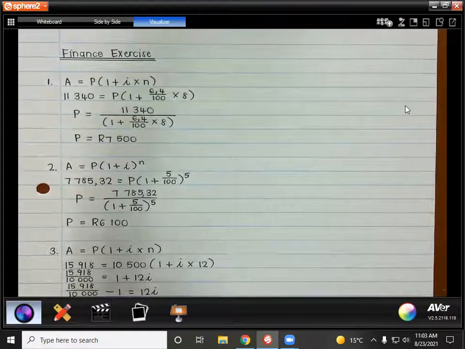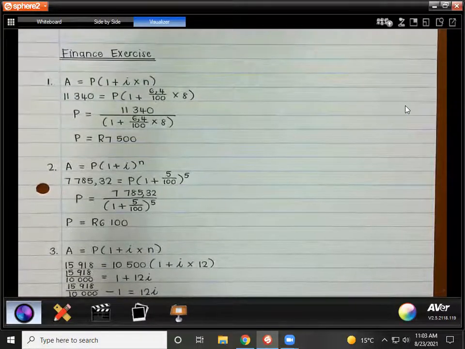So far we've worked with the simple interest and compound interest formula, and we found A every time, the final amount. So they'll say how much money is in the account after 10 years, or how much money do they need to pay back after 10 years, and so on. But these questions have to do with